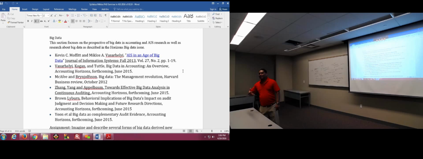We are a derivative field, meaning our mother fields are other areas like economics or finance or technology or psychology or whatever it is. And big data is a very big area of research in computer science. These papers that are cited here are not positive research, it's all normative. Every single paper here is normative, meaning they're all saying we should be using big data in auditing. So far there isn't a positive paper.